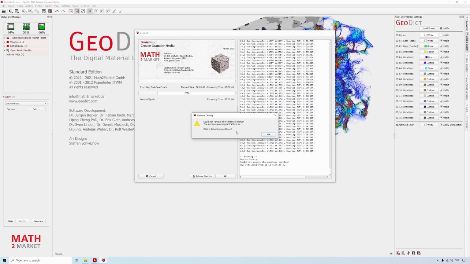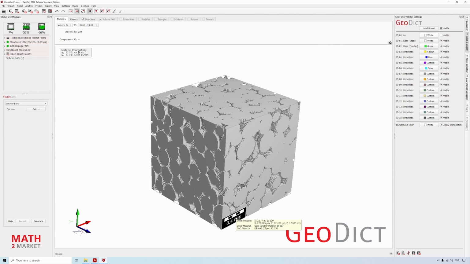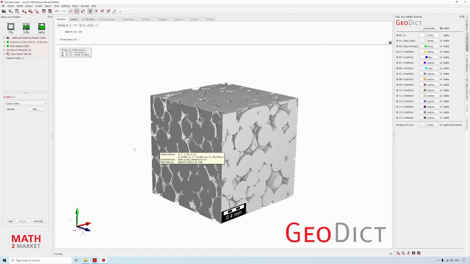For everybody else, you wait until it's finished. It's giving me a warning that some residual overlap is left. Everybody else, please click stop down here now and then confirm with yes. And then Geodict will create a crane structure similar to this.